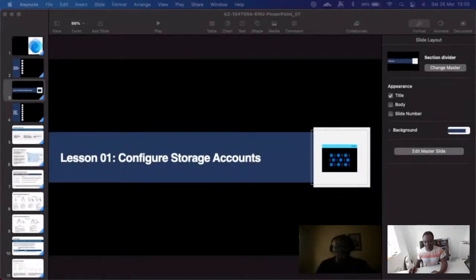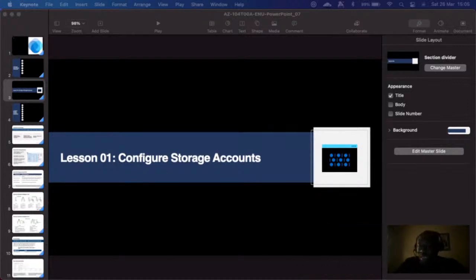So, like I said, today we will be talking about Azure Storage, learning how to configure Azure Storage, and then we want to be able to understand some important things on Azure. This is the beautiful thing we are going to be doing.